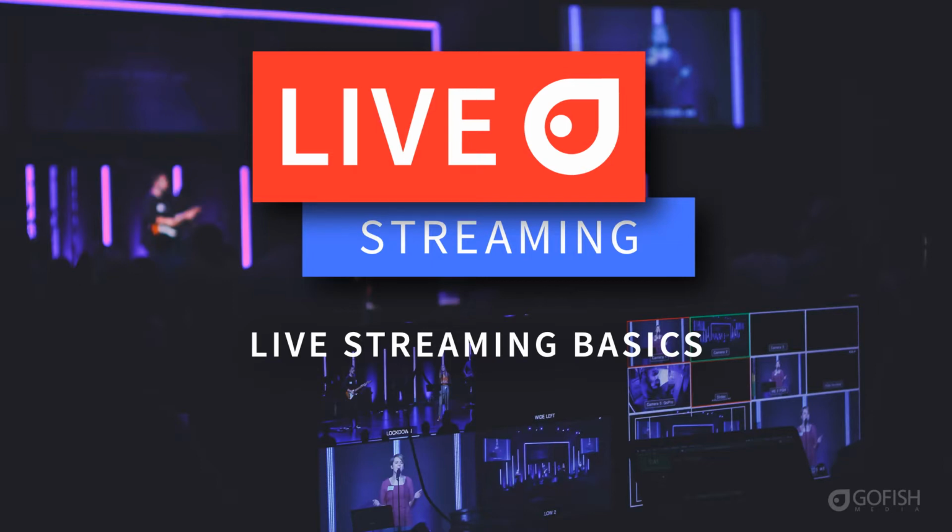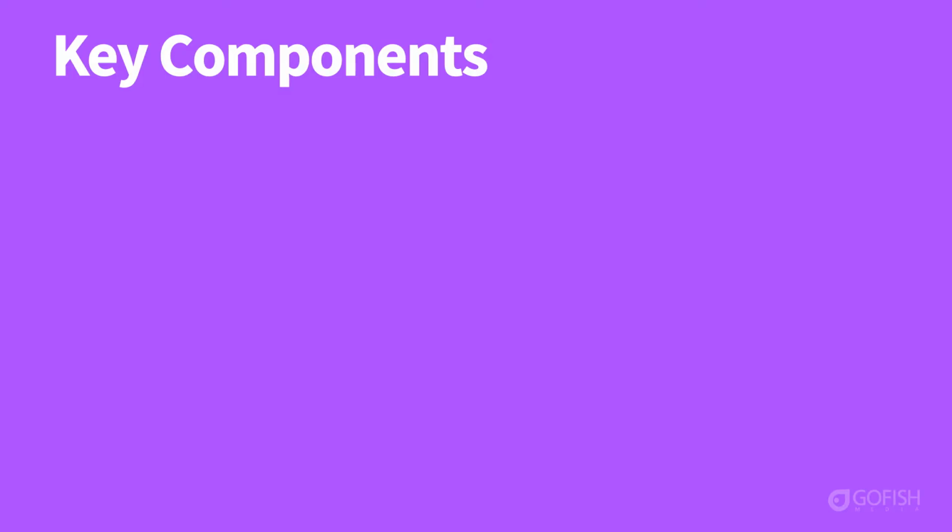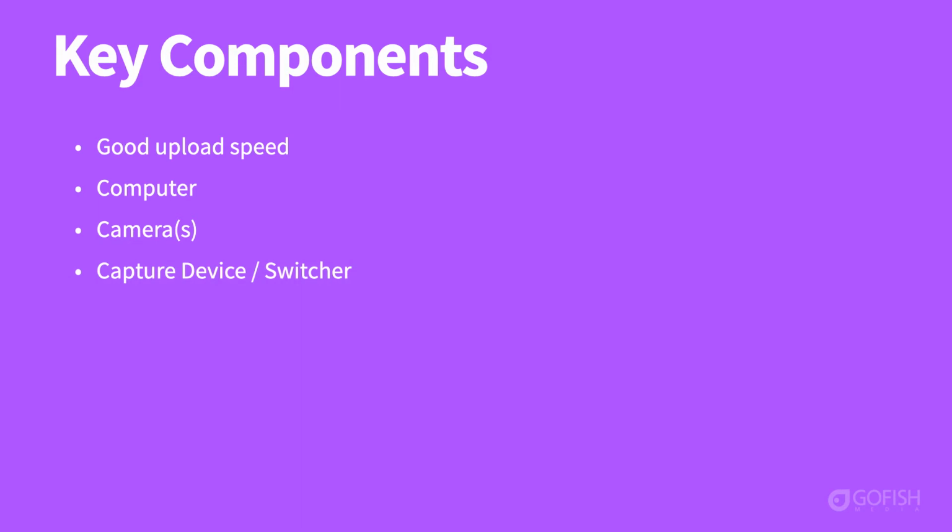So let's jump right into it, and we're going to start with just a quick overview of the topics that we're going to cover, which would be the key components that are necessary for any live stream. And I'm just going to go through these real quickly, and then we'll break down each section in more detail as we go along. So the key components to a good live stream are good upload speed, a computer, not just any computer, but a computer built specifically for this purpose, camera or cameras, capture device and or switcher, good audio,